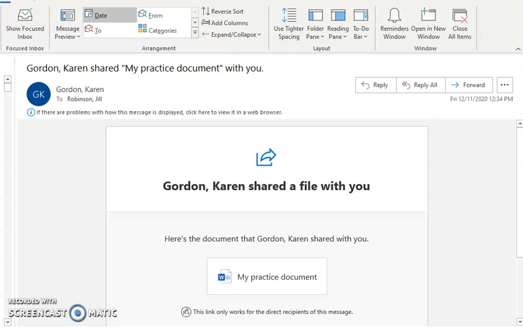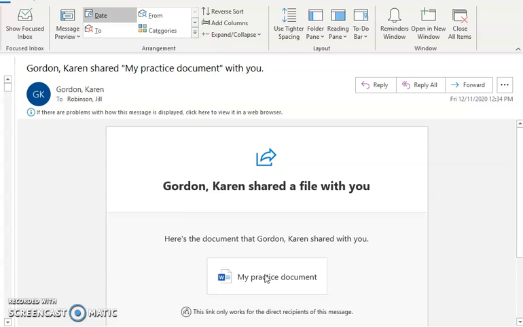In this tutorial, I'm going to show you how you can work on a Microsoft Office 365 document that has been shared with you. One of the ways you will be notified when somebody has shared a document with you is you will get an email notification like you're seeing here. So one of the quickest ways to access that document is from your email just by clicking on the name